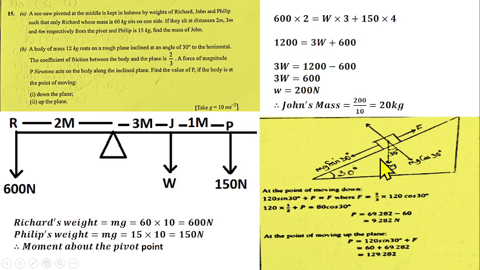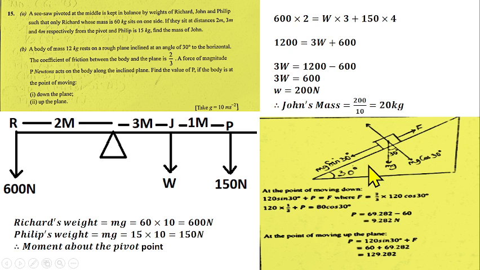Also, the force along the vertical component is mg cos 30 degrees, which is the same thing as the reaction of the surface against the mass or the body. Now your question also asks to find, at the point of moving downward, the value